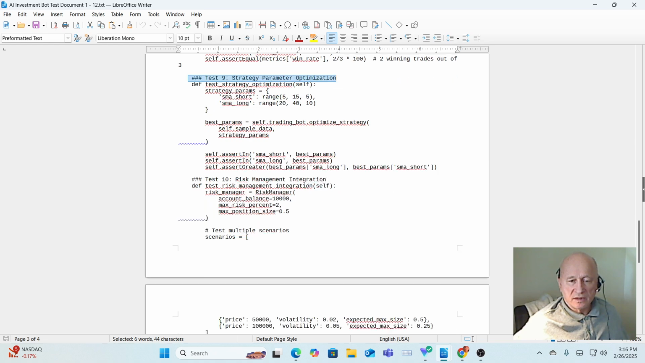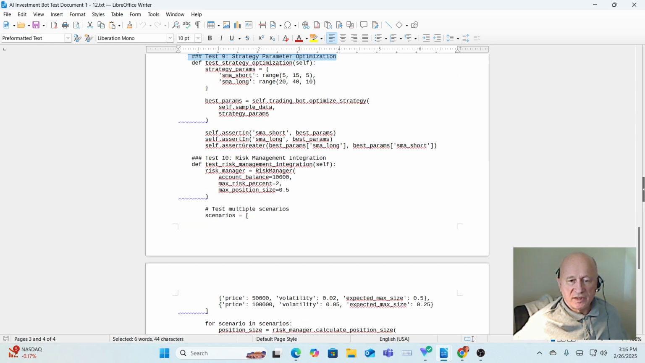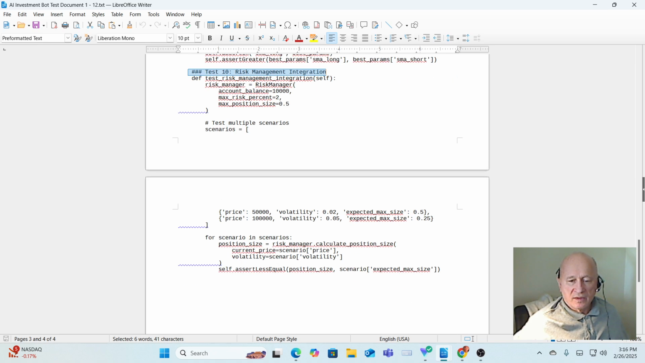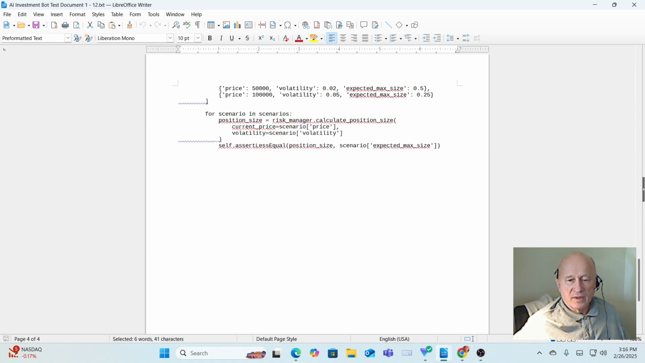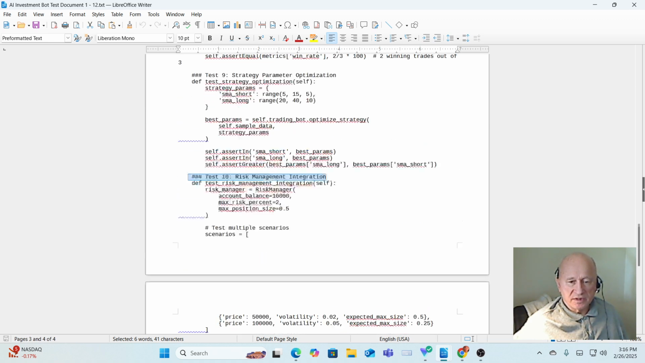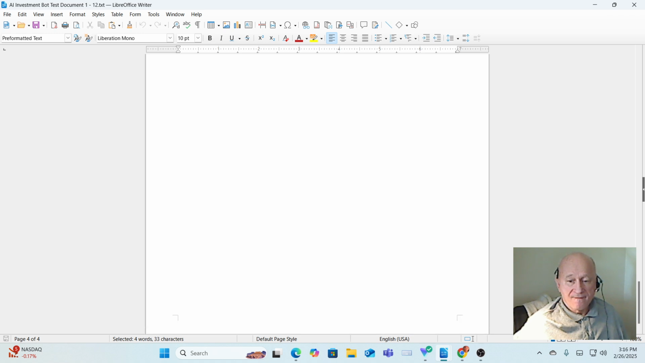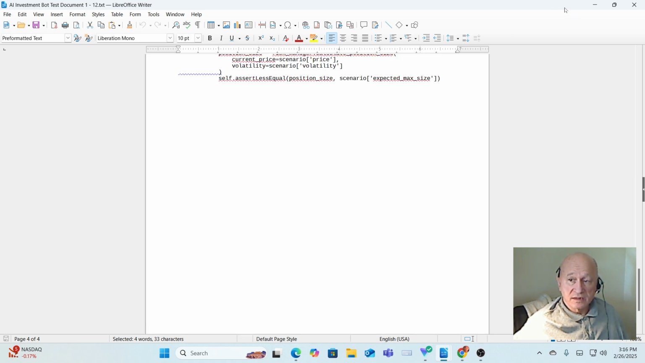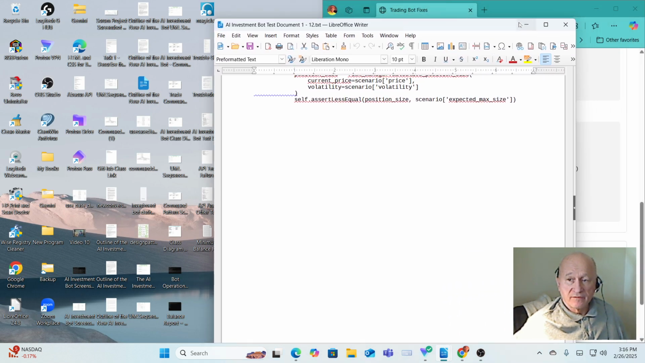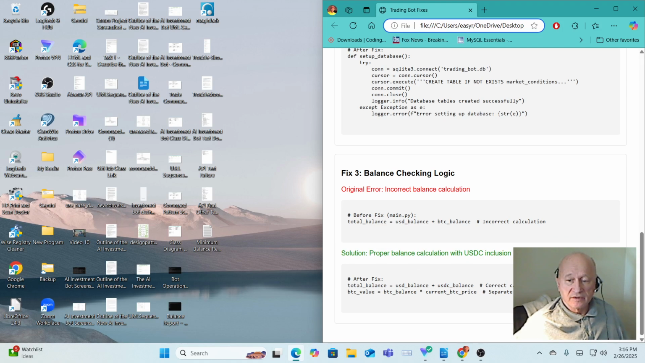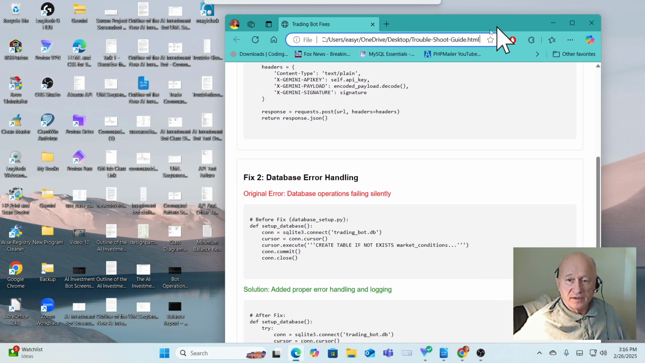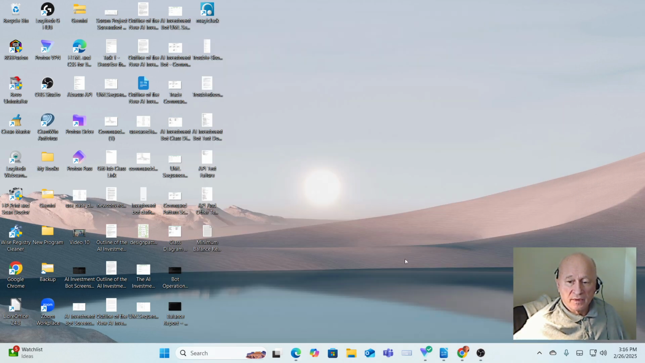And we see 10, risk management integration, 11, and so on. There are more tests than this, but this is just a dozen that I'd like to show you. We tested multiple scenarios. As we note down below, I think it was, let's see, let's go back to one of the others. We can close this. Note that we saw an illustration somewhat, and make mention of,